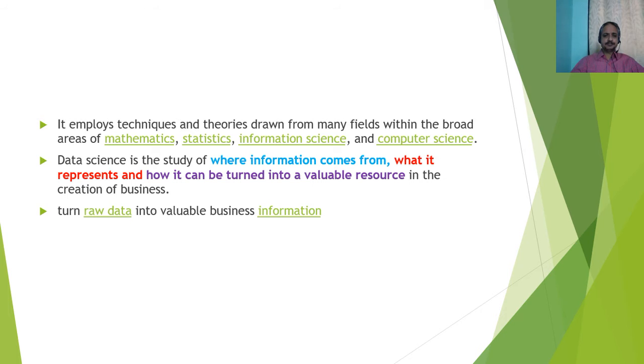So in data science, we have to see where the information comes from. Is it text? Is it an image? Is it from a database? Is it from something else? That is the first question: where the information comes from. Next, what it represents. Suppose I want to analyze stock exchange data. India has its own stock exchange center, America has its own stock exchange center, and these stock exchange centers send particular data in API format. So the first thing you have to see is the data coming from the stock exchange.